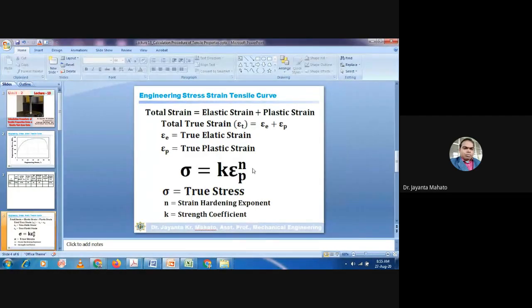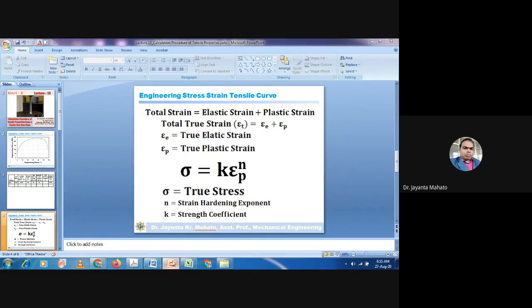This is a power relationship, and here epsilon p is the plastic strain. So you have to take only the plastic strain part, and if you plot sigma versus plastic strain, you will get a curve that obviously follows a power law relationship.